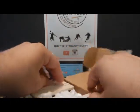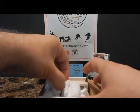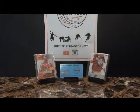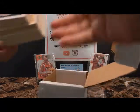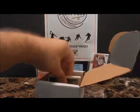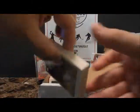Basically, this is a lot of 100, not 20, not 30, but actual. Let me dump out the styrofoam peanuts. A lot of 100 1994, 95 Topps basketball Jason Kidd only, his first rookie card,